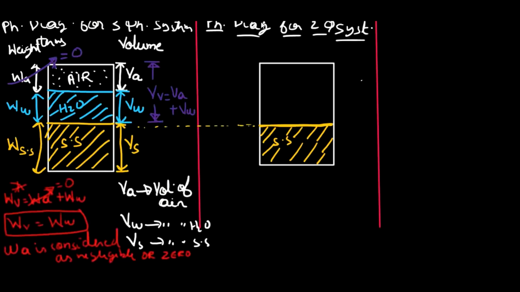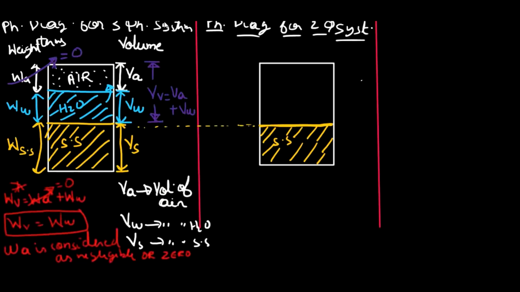Now do one thing. Let us suppose I have extracted the soil sample from the same soil that was in our first condition, that is partially saturated. That was partially saturated, but this time I have filled the soil with water. It will help you to understand this better. Now what will happen is, if I have filled all the soil with water, this water will replace this air.